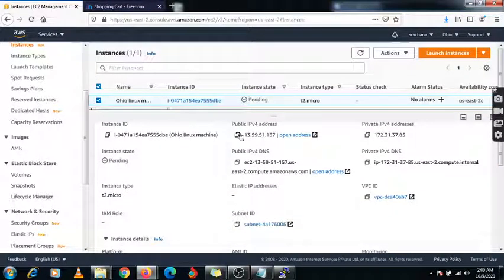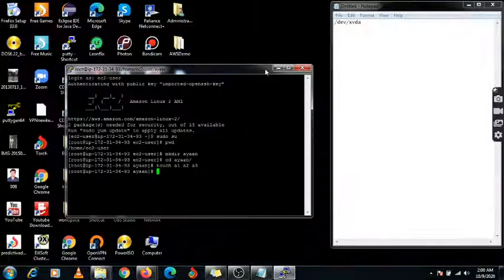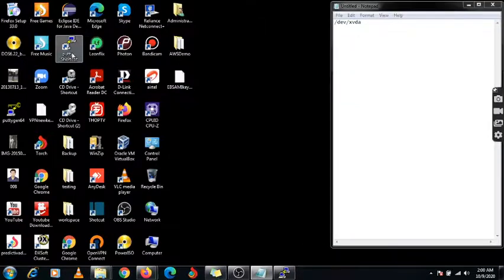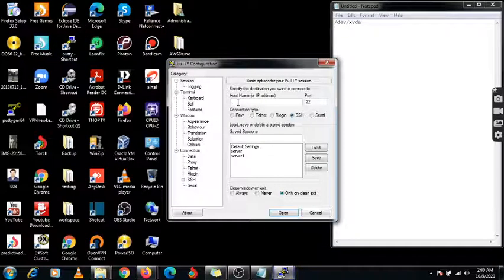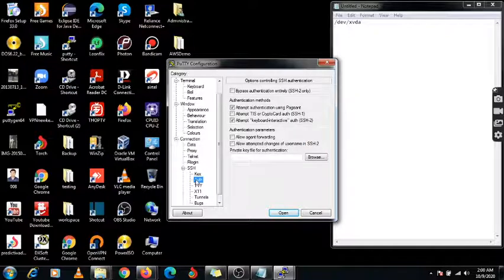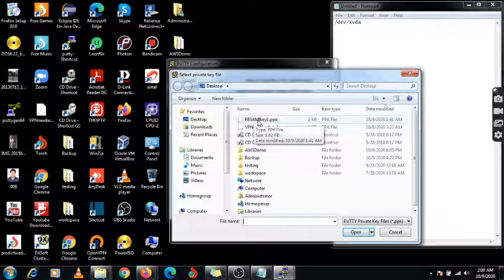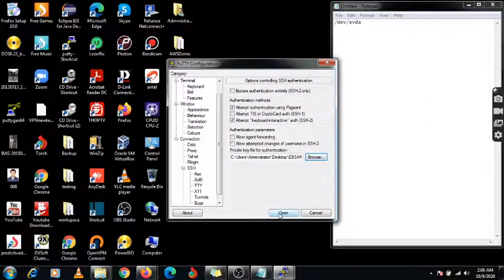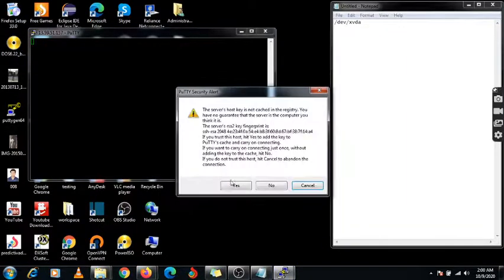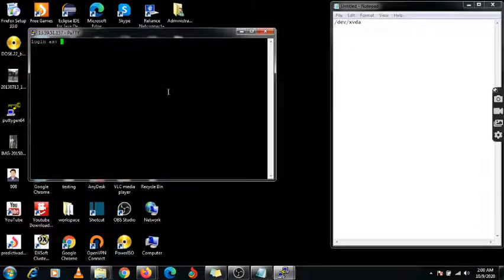Now I am going to select this public IP address and put it here, and I am going to select the key which I downloaded previously, EBS AMI key 1, which we downloaded for the previous instance. Just click on it and click on yes.